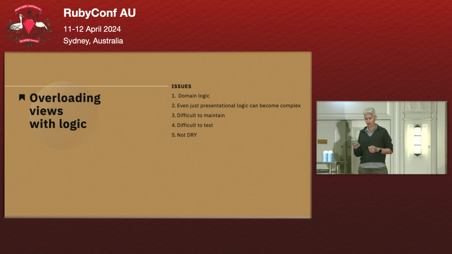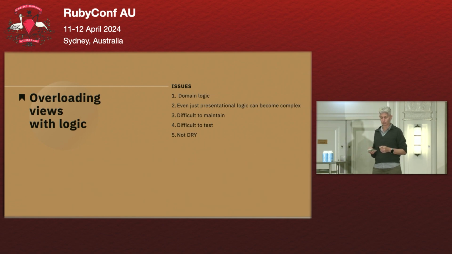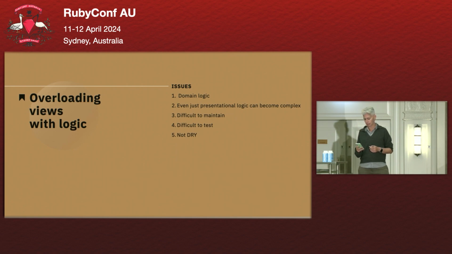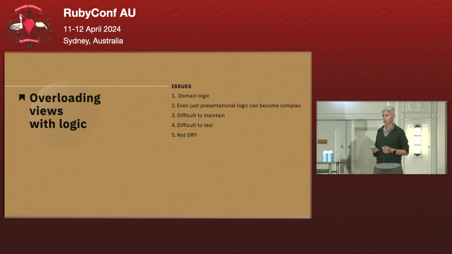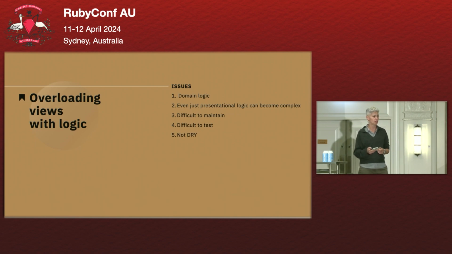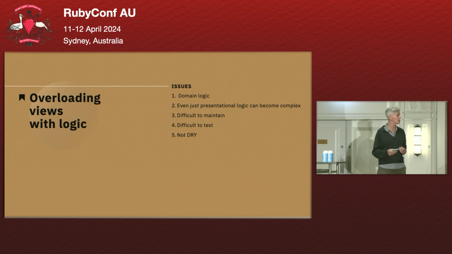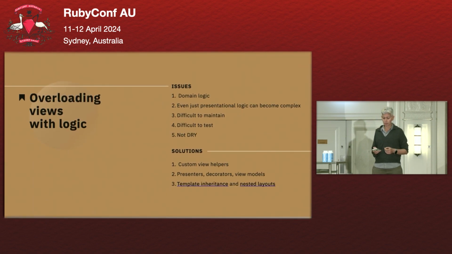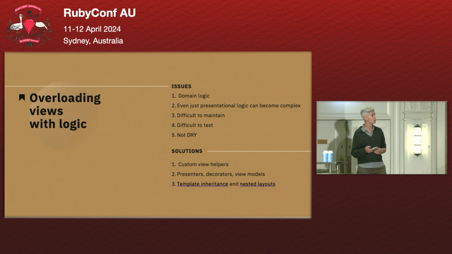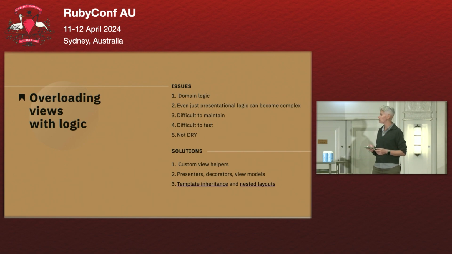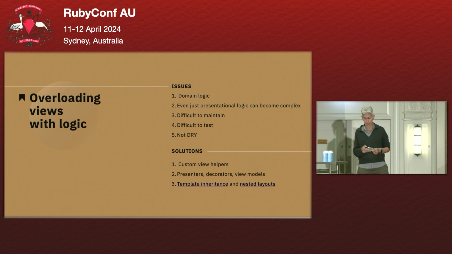And the issues that we have could include domain logic, so a lot of conditionals, that even just presentational logic can become complex. It can be hard to maintain the code that we have because we might have to repeat it in many places, and it's also very hard to test when it's such a mess in the views. So some of the ways that we can improve that is to use custom view helpers, which I'm not showing an example of here, using presenters, which I showed one, I'm going to show another one in a second, or decorators